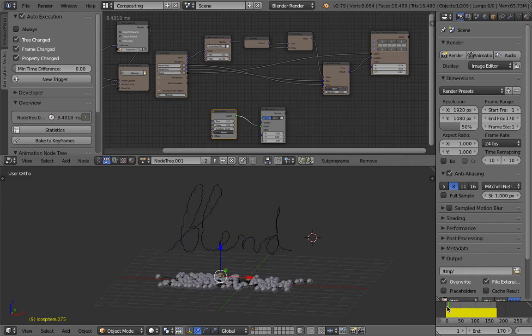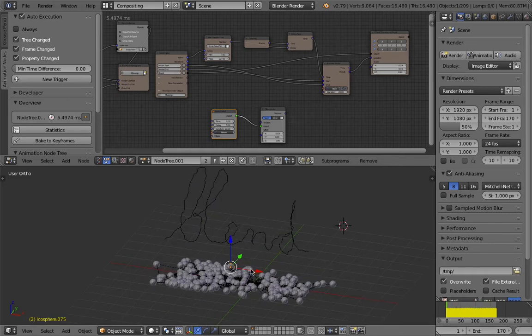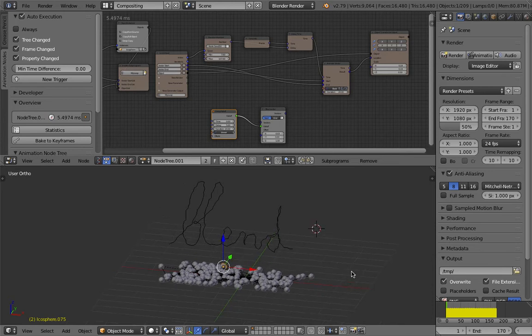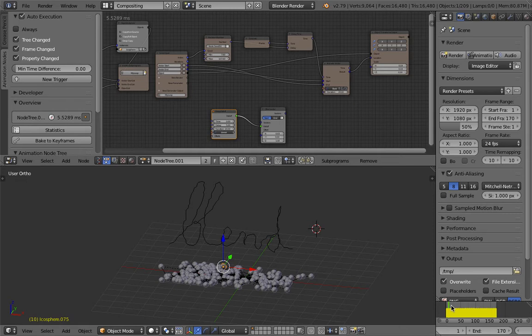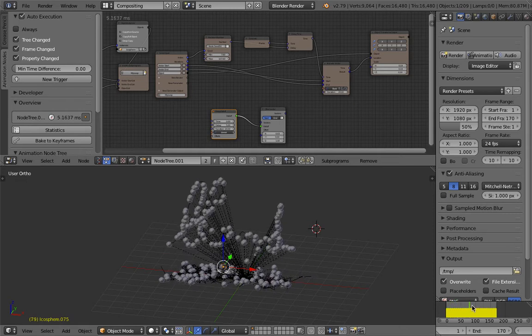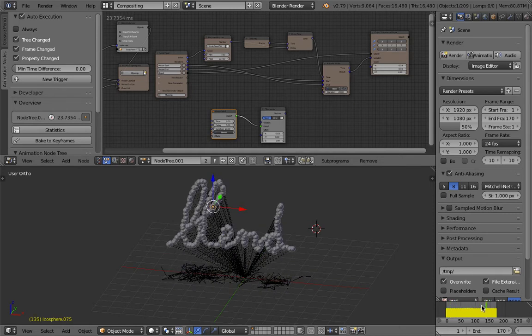So imagine you have some kind of rocks at the ground there, and then you set it up so that if you use the force, you can lift up the rocks, the stones from the ground, and then it's gonna animate and make this writing, Blend. And yeah, the whole setup is actually very